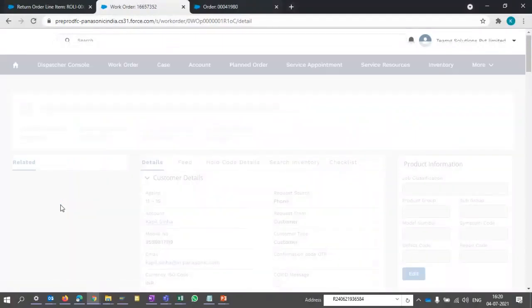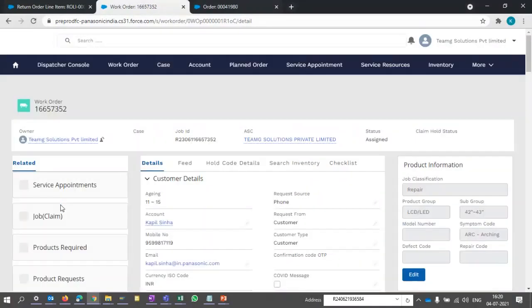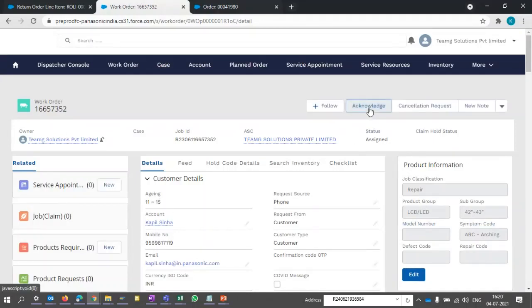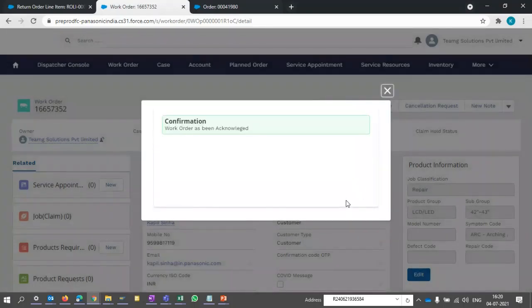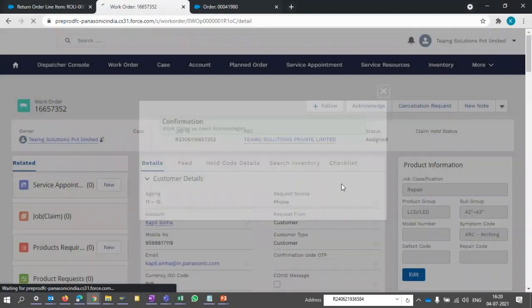Let me check for anyone. Okay, so this is an assigned job. First of all, I have to acknowledge it. So the job is in acknowledge status.